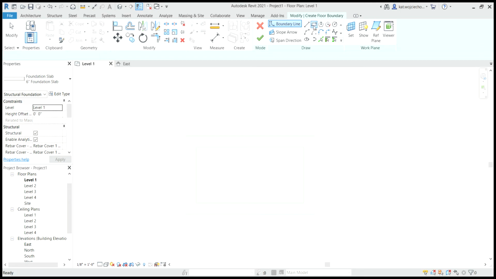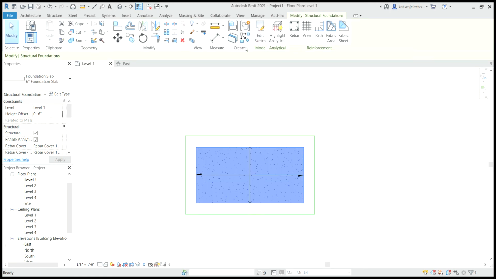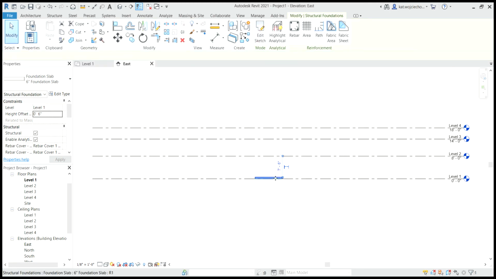Now, when you put in a foundation in Revit, the default is to have the foundation go underneath level 1. We don't want that for our tiny house, so we're going to put a 6-inch offset because our foundation is 6 inches. So hit that rectangle, going to trace that inner rectangle there, got that, hit OK. There we go. Alright, so as you can see on level 1, we have our foundation above level 1 and not below.